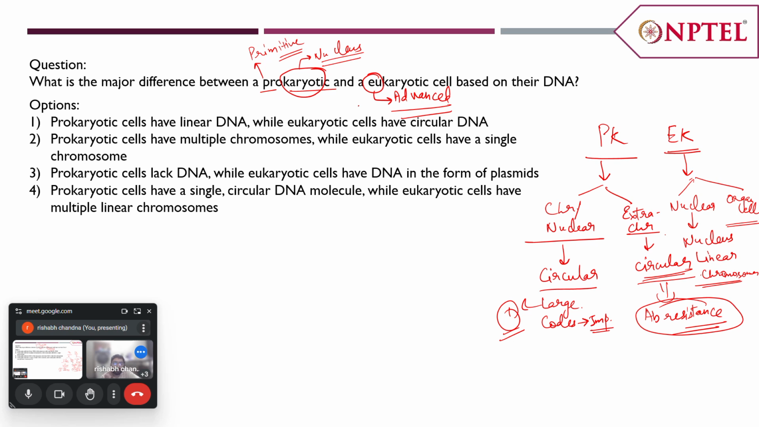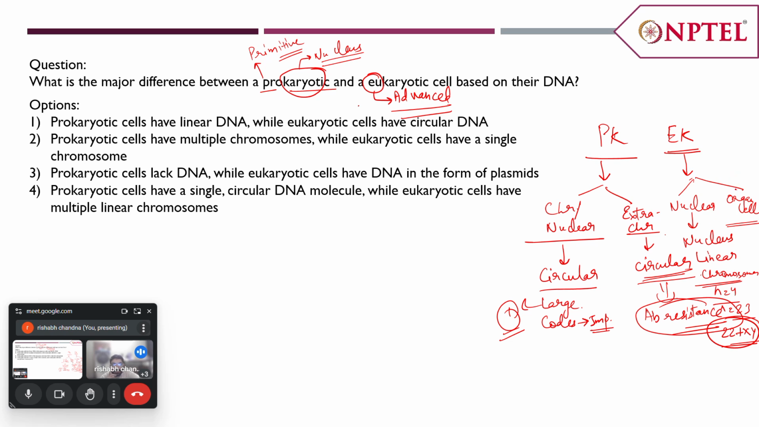But in case of eukaryotes, the chromosome number depends upon the organism. For example, fruit fly, Drosophila, has n equal to 4, that is 4 pairs of chromosomes. In case of humans, we have 23 pairs of chromosomes, or rather than 23, we have 22 plus X or Y. So this is the case. Then coming to the